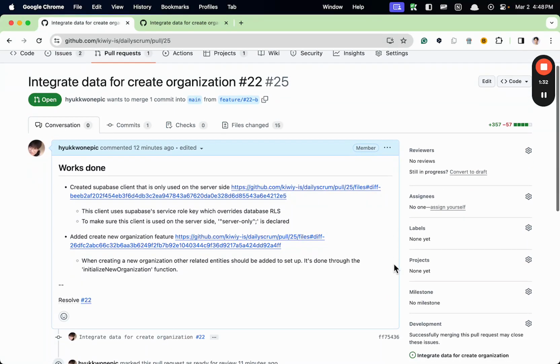So keep that in mind, and I'll explain the important stuff done in this PR. There are a bunch of other things done in here, but these two are the most important things. So the first one is that